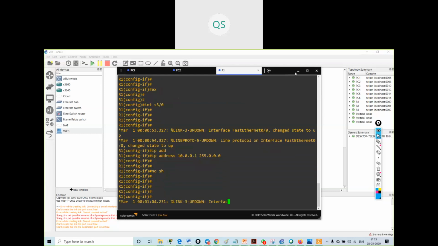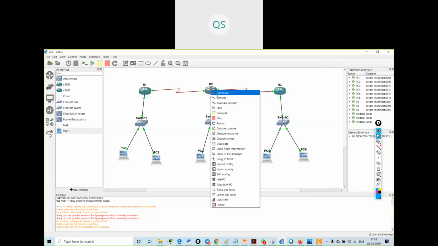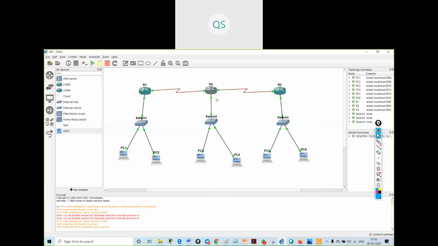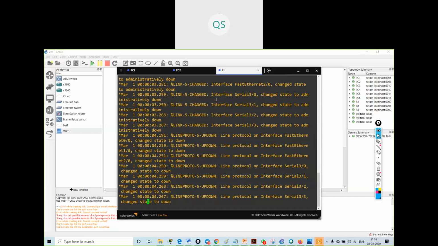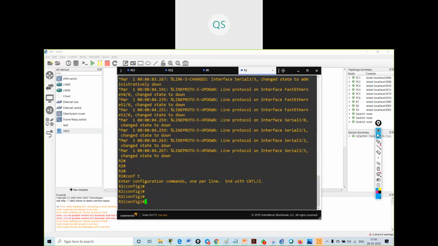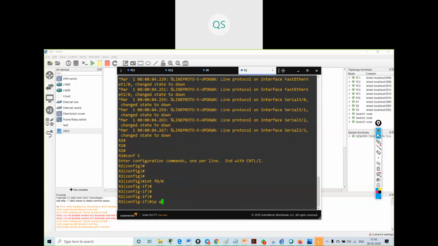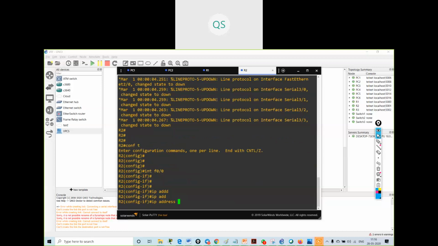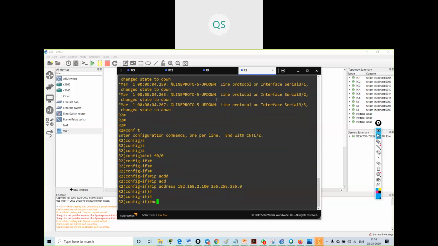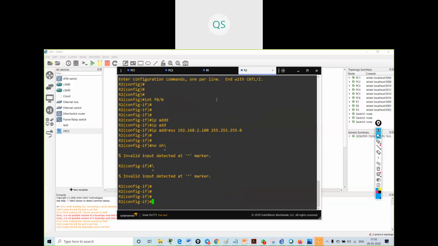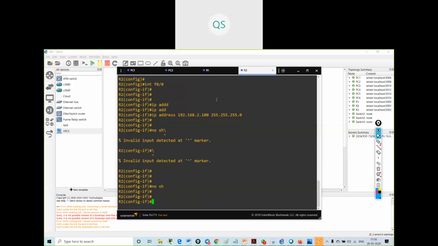Okay, I will take the console of R2. Interface fast Ethernet 0/0, IP address 192.168.2.100 255.255.255.0, no shut, exit.